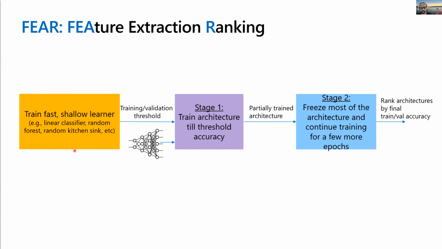Let's say I take a linear classifier or a random forest on CIFAR 10, and I ask what is the best thing that this can do? It doesn't need to be the best thing that a shallow learner can do. It can be any reasonably powerful method, and it will give you something. Let's say on CIFAR 10, it gives you 60% accuracy. Just as a side note, even a simple ResNet 50 can easily get you above 90% in a few hours of training, right? So 60% is not that impressive today.